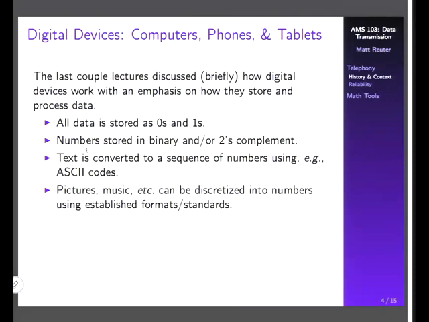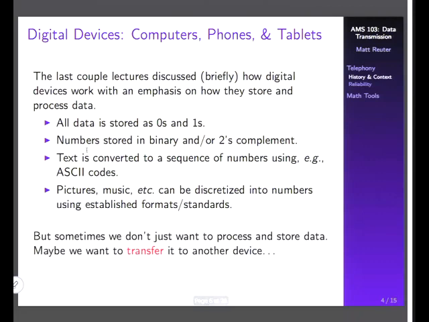So this is just a summary of what we had last time, with the idea that data storage is great. Here's how we store this information on one computer. Here's how we process this information on one computer. But as you know, do we necessarily want to keep that data exactly on one computer? No. Sometimes we want to transfer it. You want to turn in your homework assignment so that we can grade it. That requires transferring the data from your computer or your device to Blackboard servers to our computers where we can